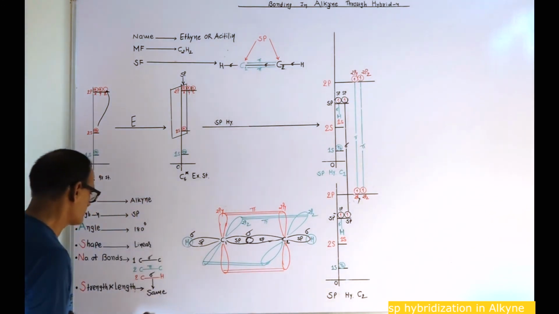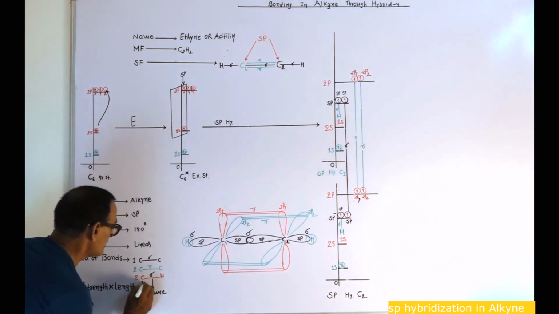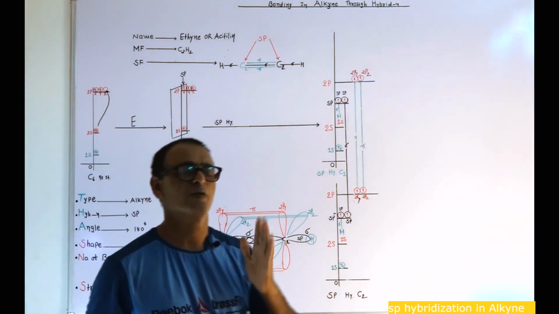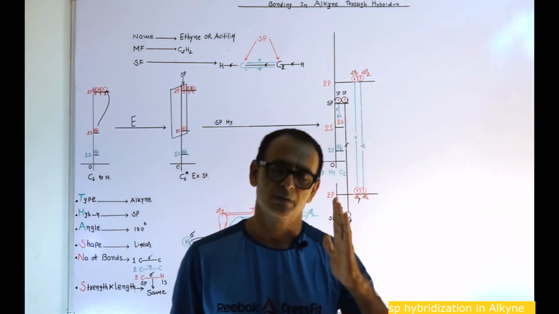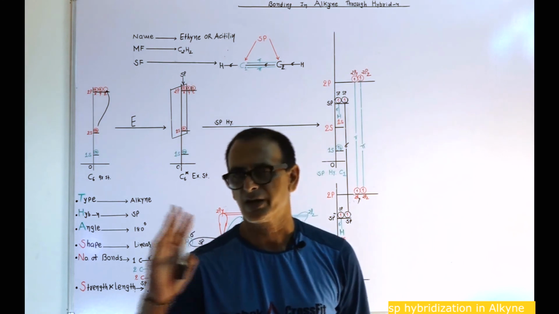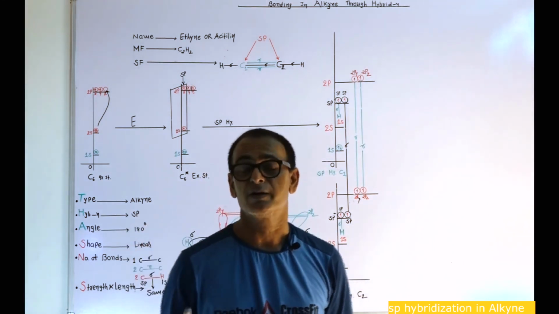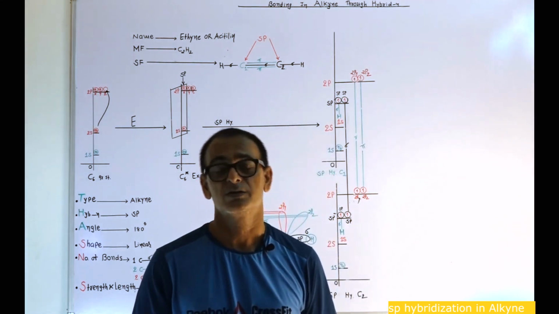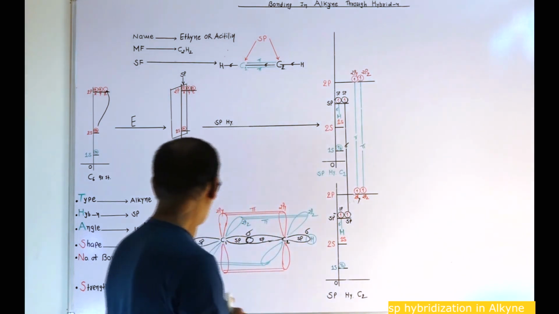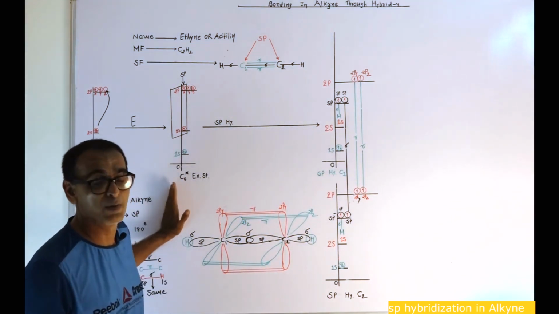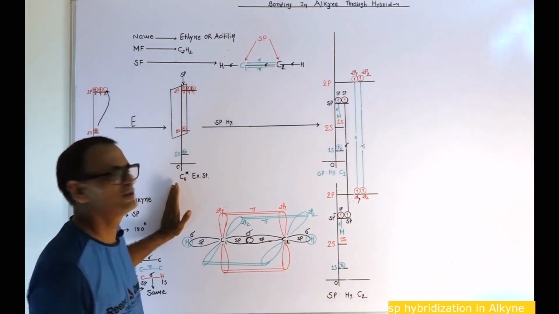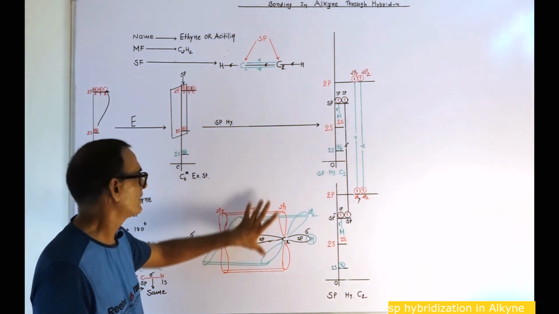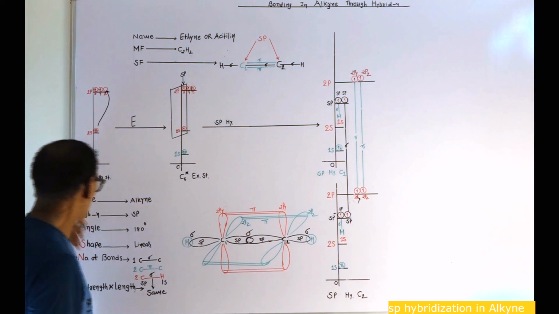ये दोनों बॉन्ड फॉर्मेशन के लिए कार्बन की sp ऑर्बिटल्स और हाइड्रोजन की 1s ऑर्बिटल रिस्पॉन्सिबल है। वो फ्रॉम वन साइड sp ऑर्बिटल having same energy, other side 1s orbital of both hydrogen atom possesses same energy। तो यहाँ जो बॉन्ड बनेगा उसकी लेंथ भी इक्वल होगी, इसकी स्ट्रेंथ भी इक्वल होगी। तो यहाँ दिस इज द एक्सप्लेनेशन ऑफ बॉन्ड फॉर्मेशन इन इथाइन, अदरवाइज यू कैन से अल्काइन कंपाउंड। ये फिगर भी जरूरी है, एक्सप्लेनेशन भी जरूरी है।